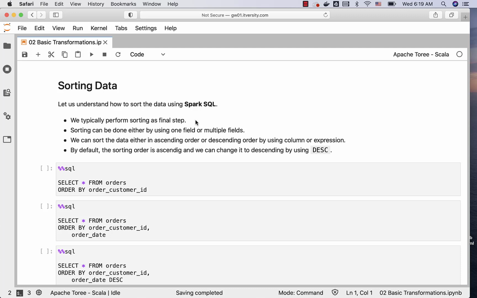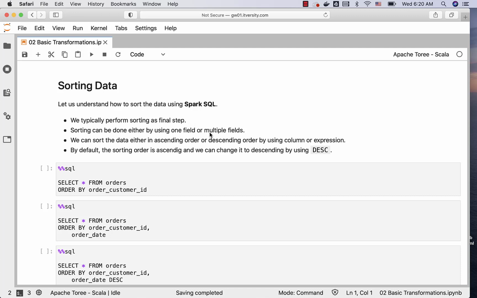When we connect the BI tools to the dataset, and try to visualize using this dataset, from the BI tool we might have to sort the data and present it. However, for analysis purposes, we might have to run queries with order by, or by sorting the data. For that reason, we should be very comfortable with the syntax and semantics of sorting the data.